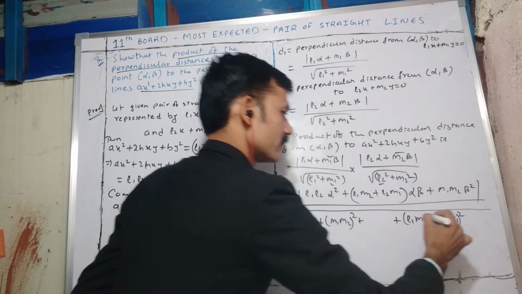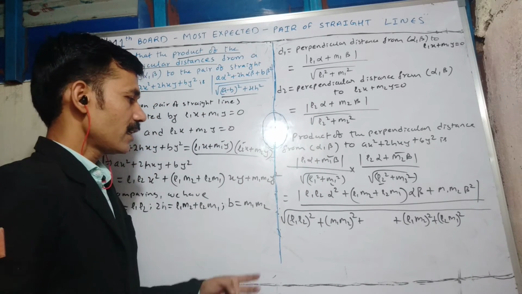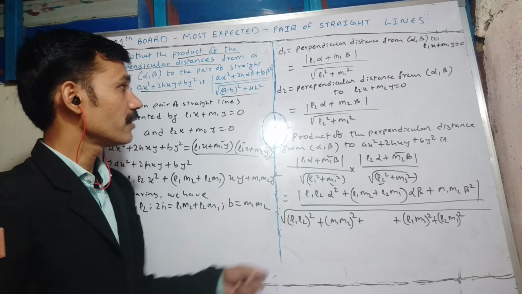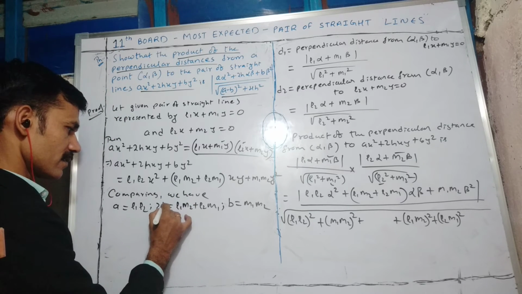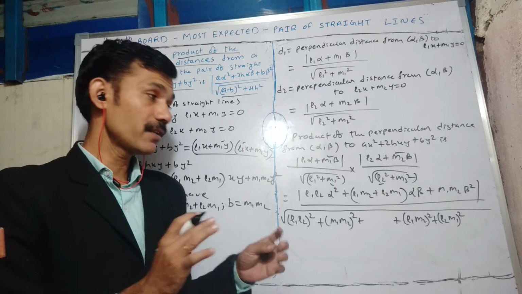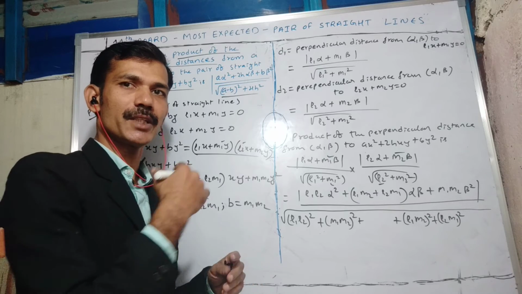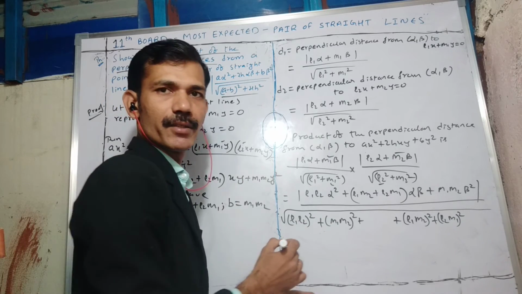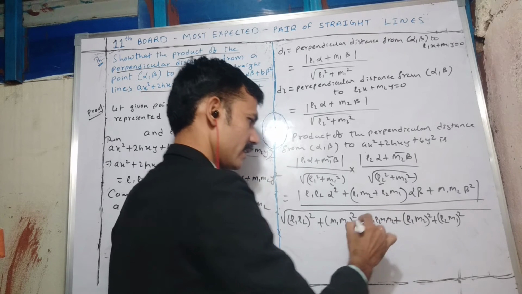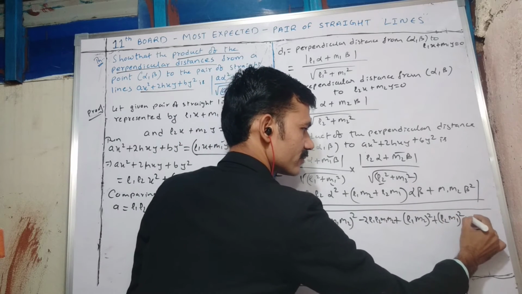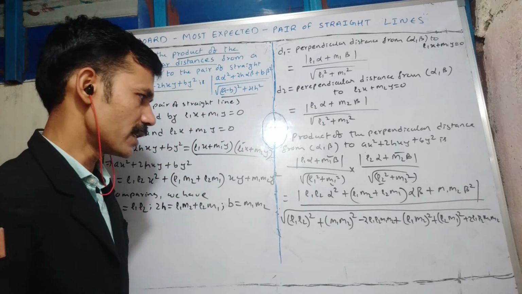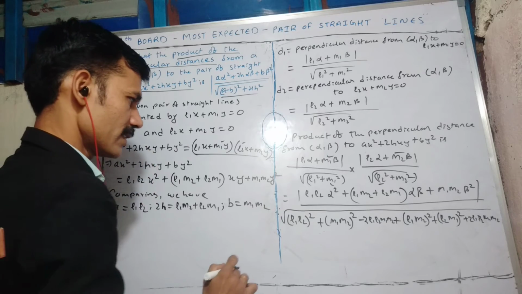L2 M1 whole square. See here, see what I require, L1 L2 I can replace, M1 M2 I can replace. There also, if I am having L1 M2 plus L2 M1, then I can replace it with 2H. So what I will do? I will do some manipulation so that I can use algebraic identities. Here what I will do now? I will add 2 L1 L2 M1 M2. I will subtract here and add there, 2 L1 L2 M1 M2. I am adding and subtracting. There is no change in the equation. Now what we will get, we'll see.